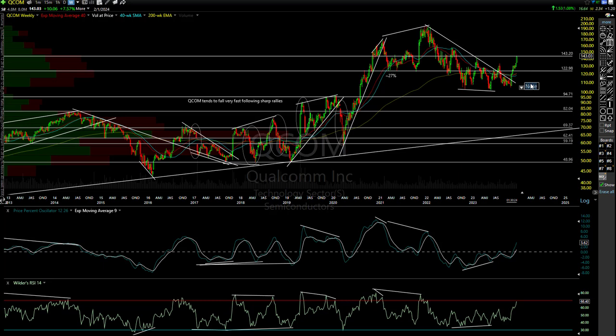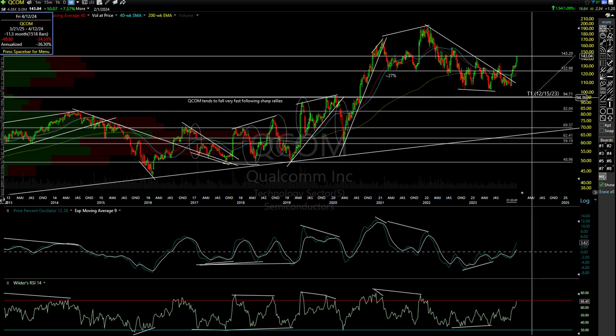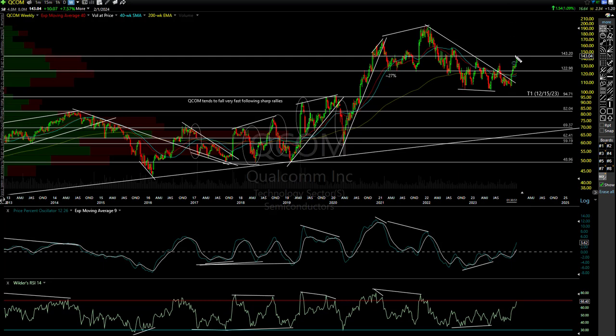Let me just do this. T1, I'll just put today's date, 12/15/23. It reminds me I added that, it wasn't from before, because I didn't have any targets here on this one. These levels would have been covered in the videos, but I would put a high degree of confidence this one's going down there. You're at resistance now. You can take a shot here. Again, it's a highly, highly aggressive counter trend trade because there's a strong bid right now in the semis with no signs of a reversal.